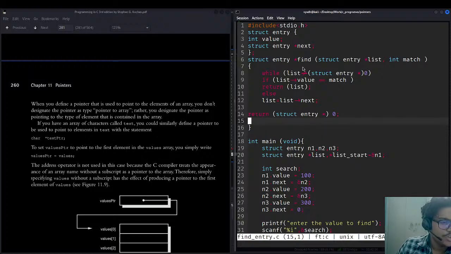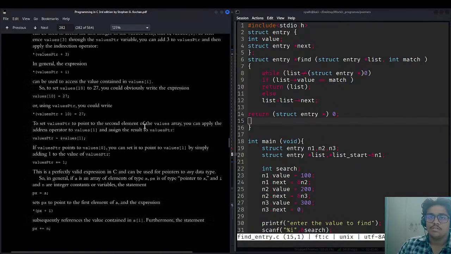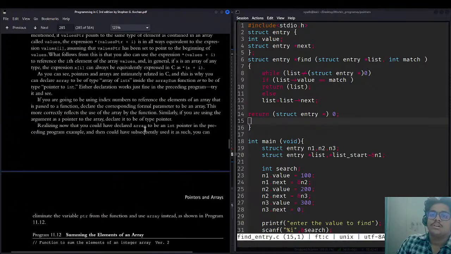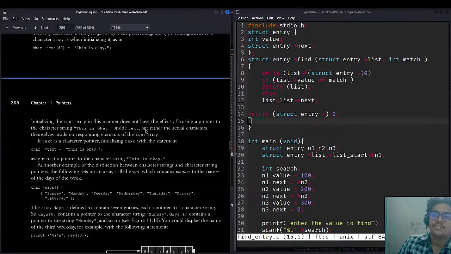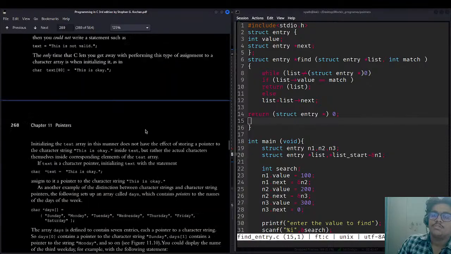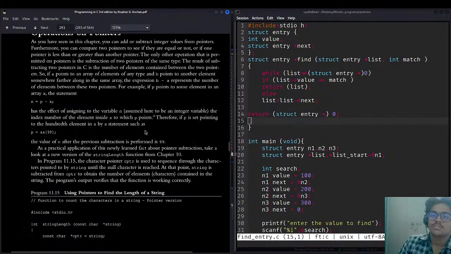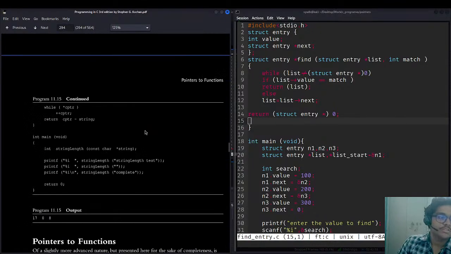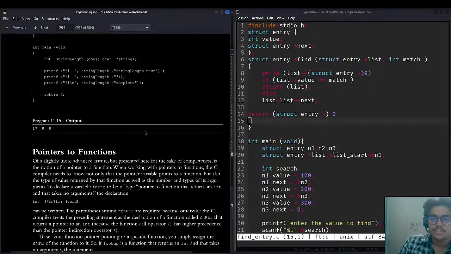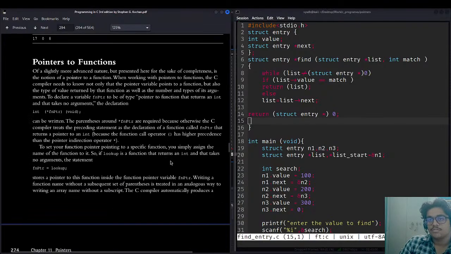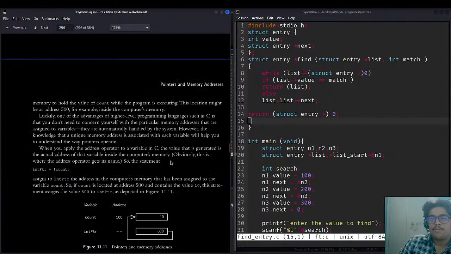Please show which are the different topics. What different topics are you talking about in this book? In this book, struct entry. Like, what are the next topics? Next topics are pointer arrays, pointer characters, and constant characters with strings, const characters with pointers. Operations on pointers. After pointers, you are saying pointers and memory address.